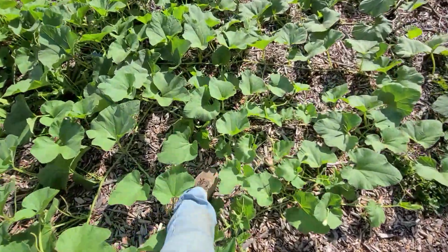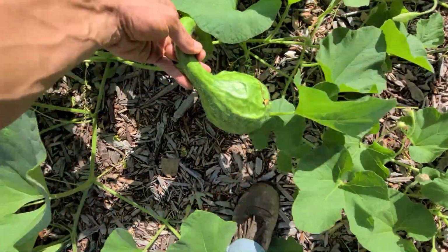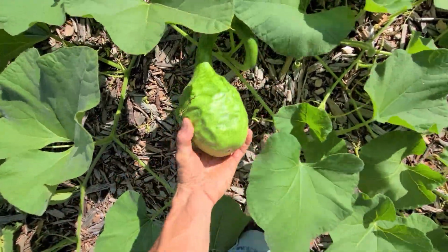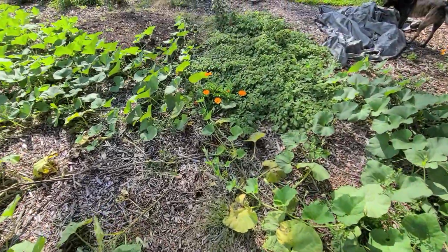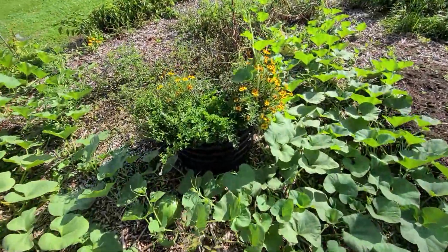If you haven't seen them, these are the gourds that are in here, called Caveman Club, or dinosaur arm or something. I don't know. But that's a volunteer, so the birds planted that. More calendula blooming. If you're looking for something to last into fall and winter, calendula is a very